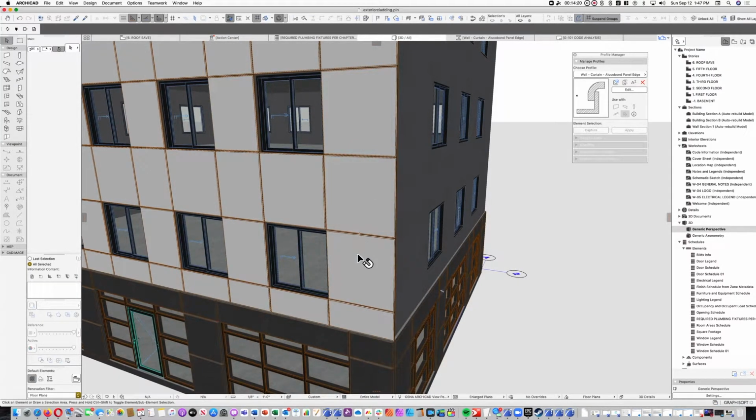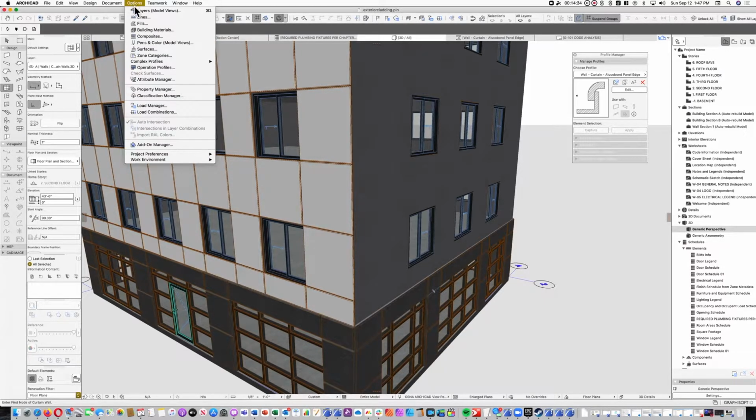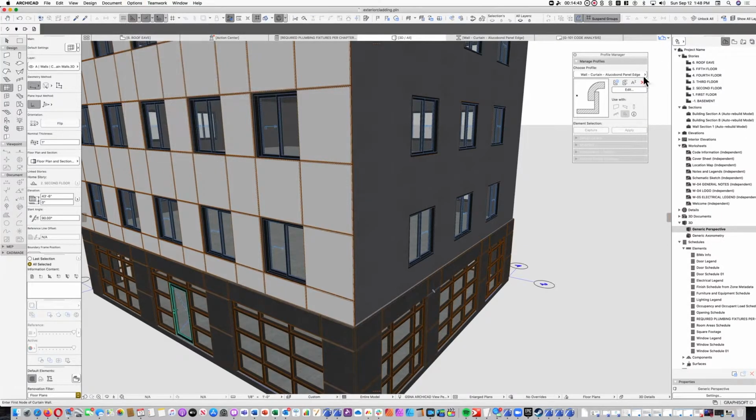So just to save us some time, I'm going to go ahead and medicine dropper what I've already done, so I can just walk you through how to set this up. Now you'll notice that I have this profile manager sitting over here. That's because I did leave this open, but you will need to create a profile to create that curving panel. So on the complex profiles profile manager,